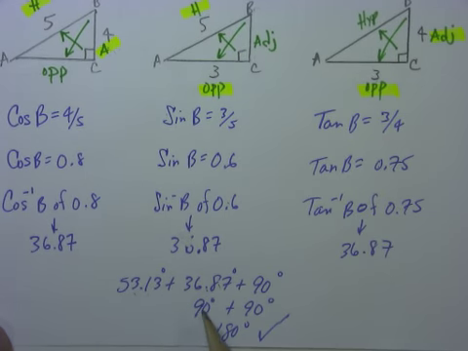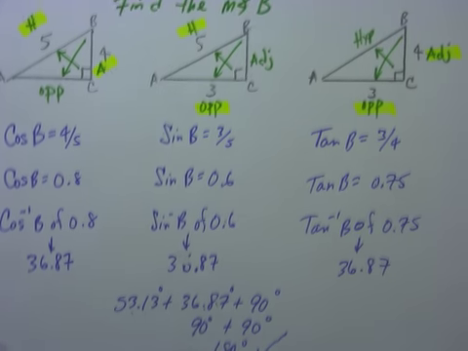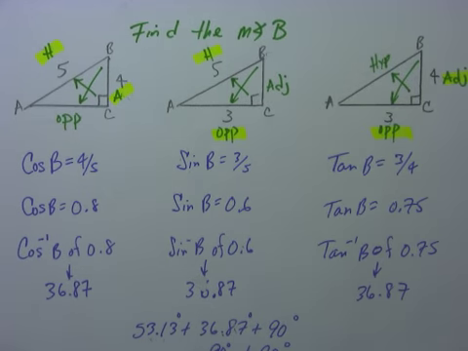And if you look here, here's the 53.13 for angle A, plus the 36.87 for angle B that we got, plus the 90 degrees for the right angle. These two together equal 90, and 90 plus 90 equals 180. So we know that the three trig functions do work. So if at any time you want